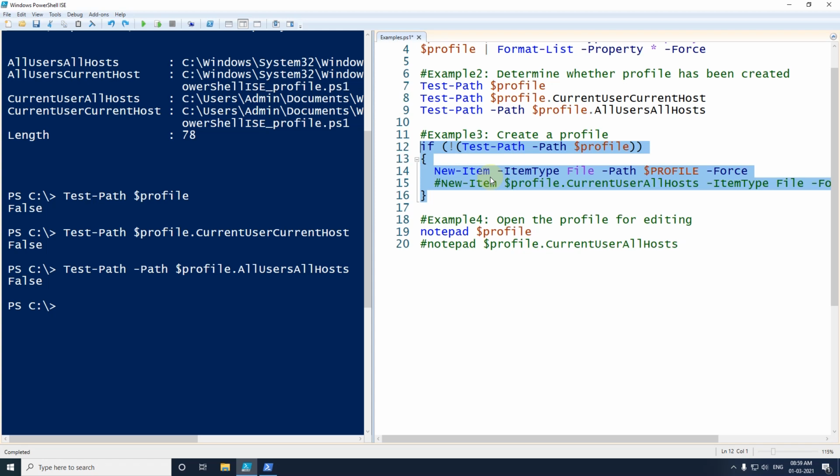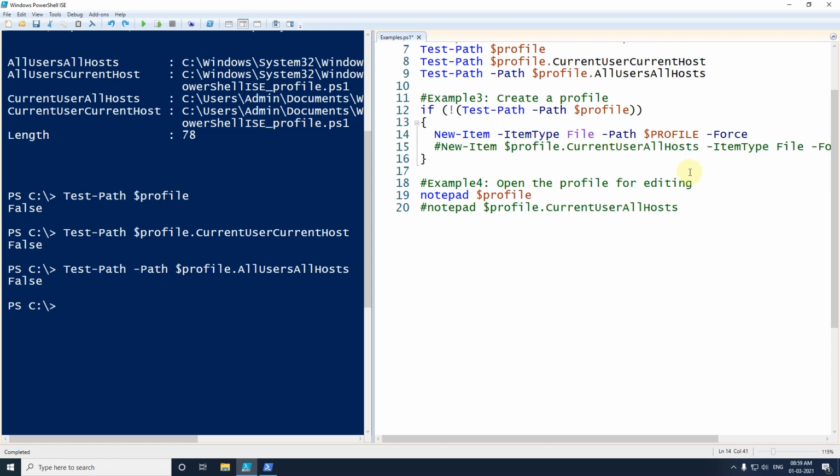And once we have created the file this way, we can open the file in any editor like this. If we want to use current user, current host, we just have to use this variable in any of the editors, and then we can write something in that file, save the file and close.